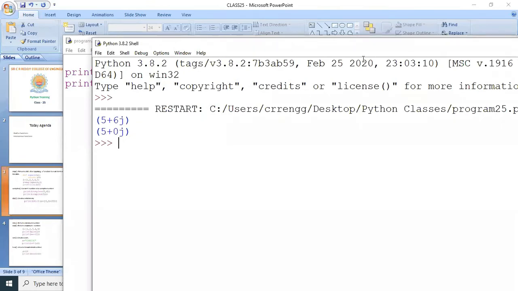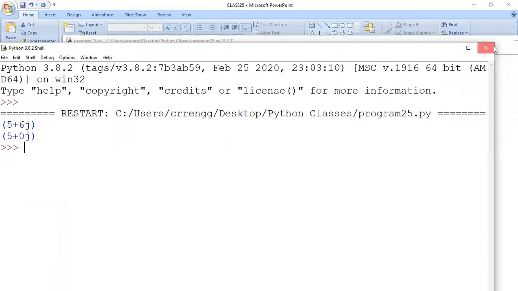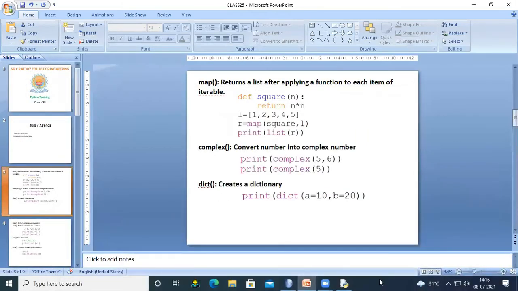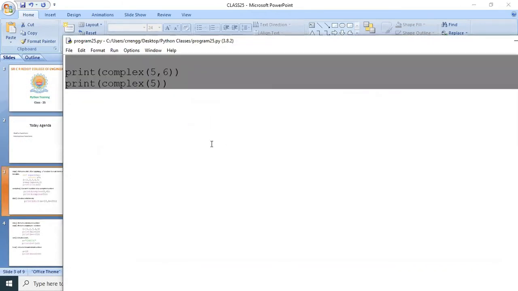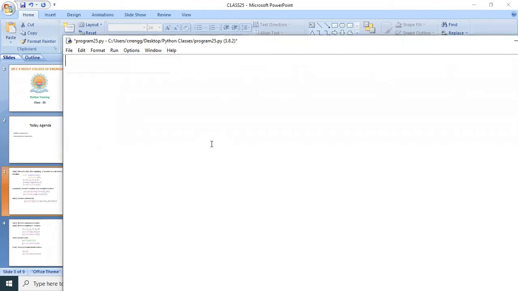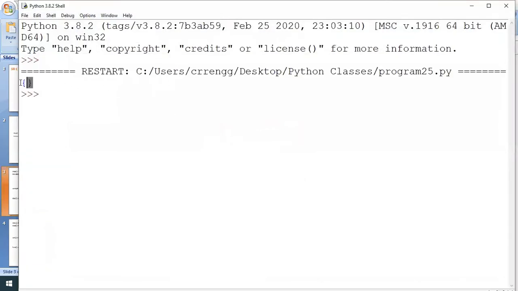The next function is the dictionary. D equals dictionary. If I print D, it is an empty dictionary.